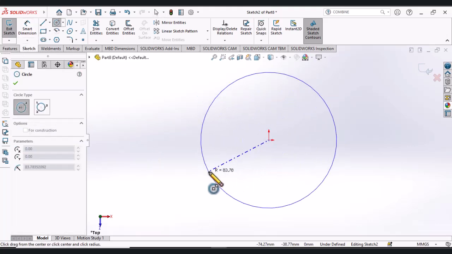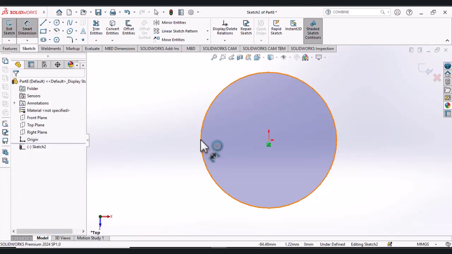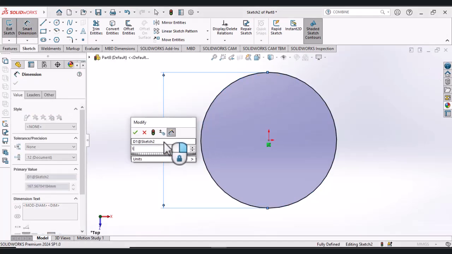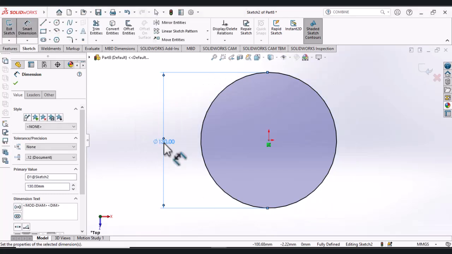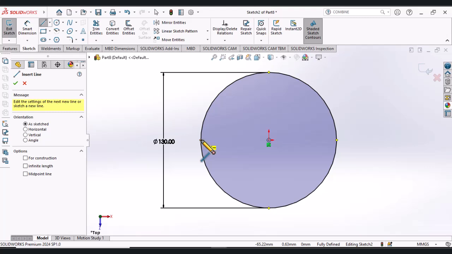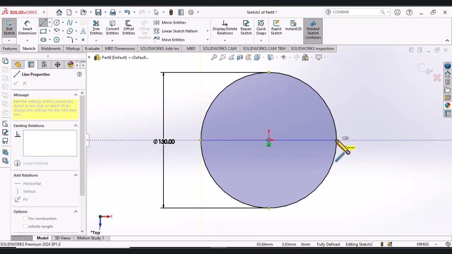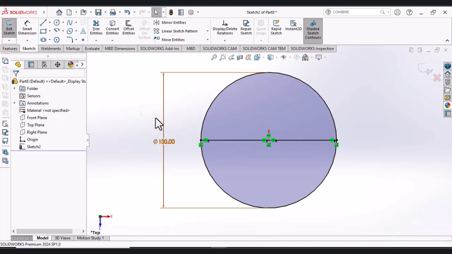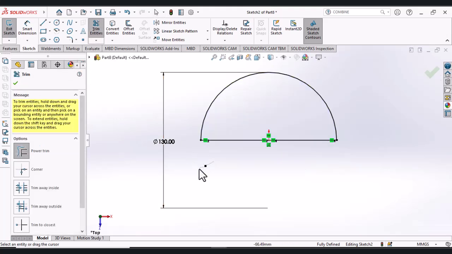We draw a circle with a diameter of 130 mm. The diameter depends on your device. It's an example. We draw a line from the center of the circle.